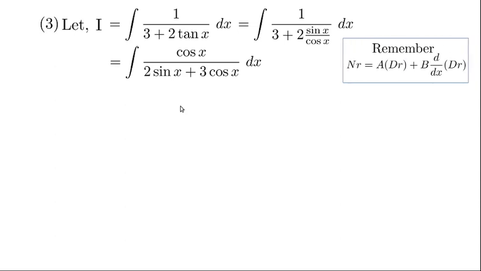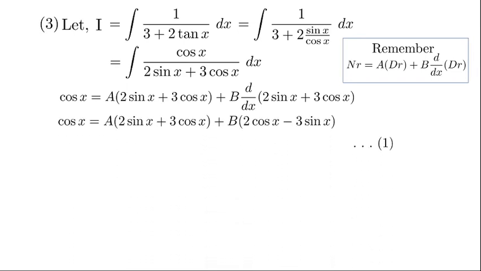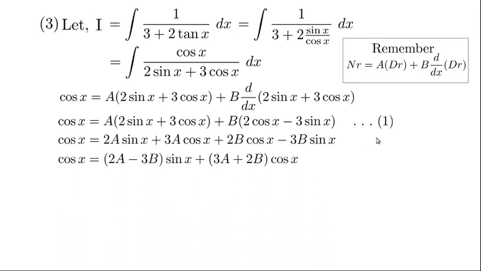numerator equal to a into denominator plus b into derivative of denominator. So this is what we get. And now this is the derivative of the denominator. Denominator is this, 2 sin x plus 3 cos x, its derivative is 2 cos x minus 3 sin x. Open the bracket. And again collect the terms containing sin x and cos x together. So now if you carefully note, we don't have any sin x term on the left hand side. We say the coefficient of sin x is 0. Therefore we get 2a minus 3b equal to 0. We'll call it equation 2. And the coefficient of cos x is 1 here, and it is 3a plus 2b here.